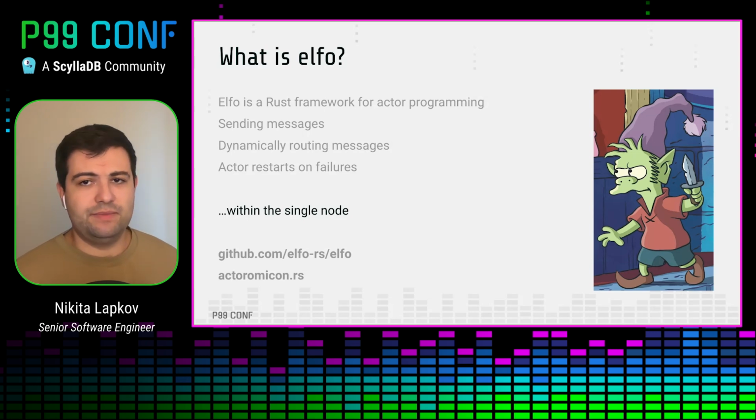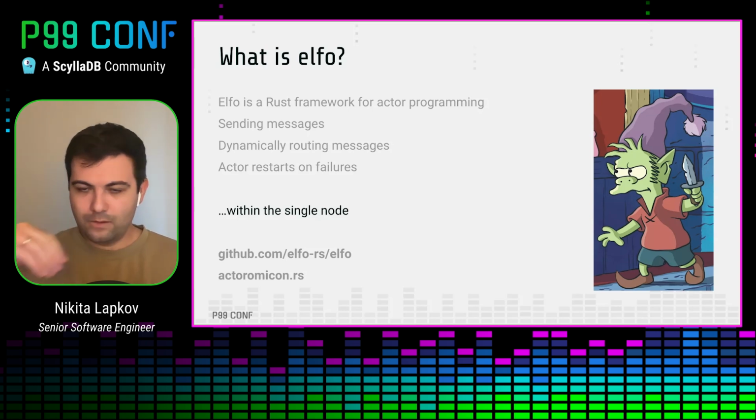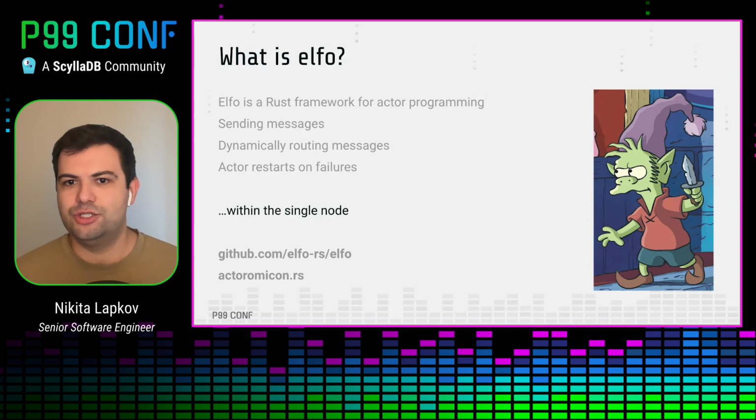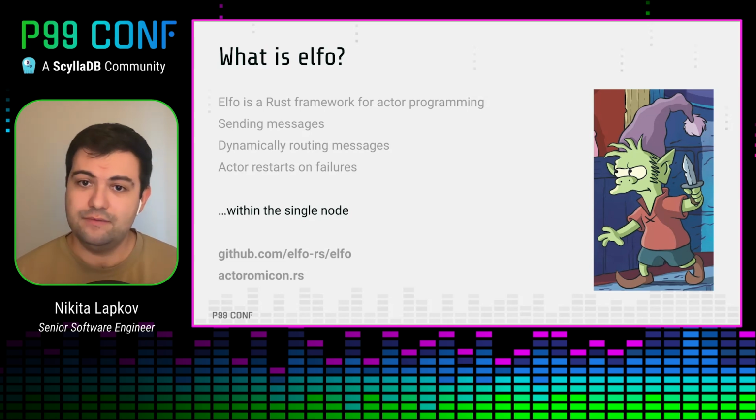By introducing gRPC in our stack, we're basically saying that, first of all, you need to know whether the actor receiving the message is remote or not. And second, now you need to use a completely different API with completely different guarantees to send the message to a remote actor. So while this does mean introducing additional complexity to elfo, we wanted to have a way to completely obscure from the actor whether the message is sent to a remote receiver or not.